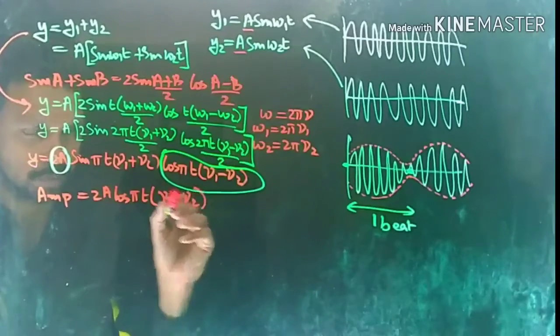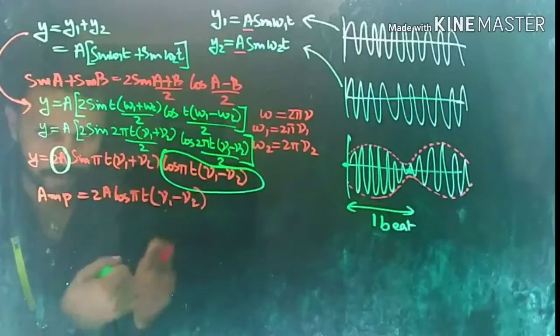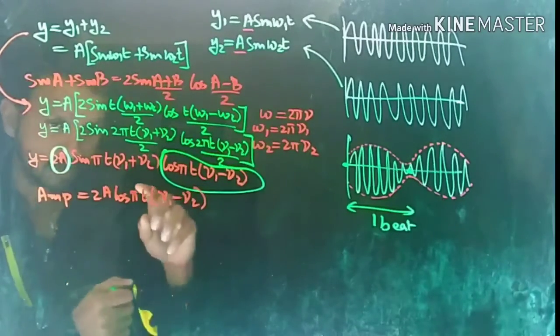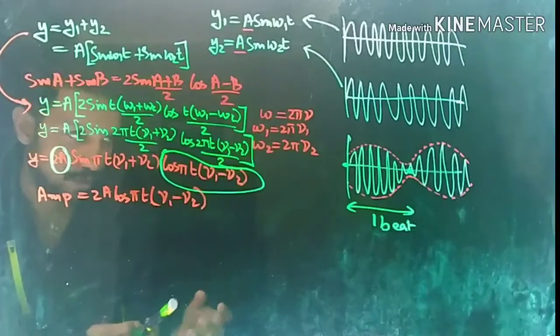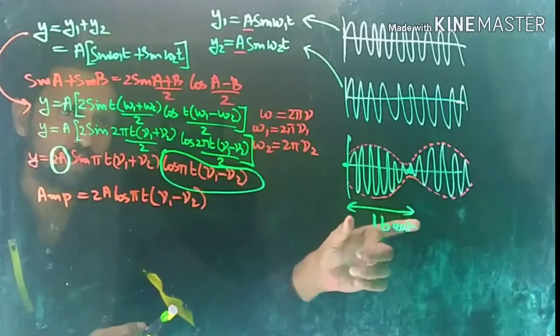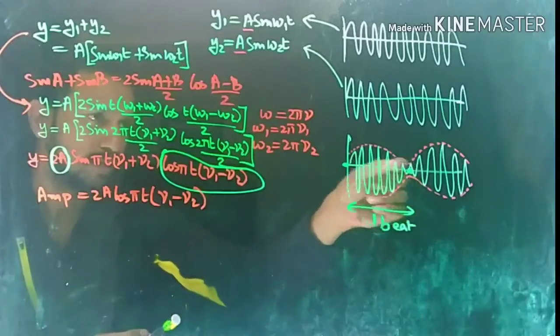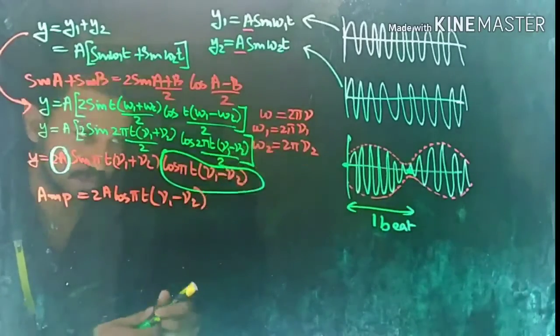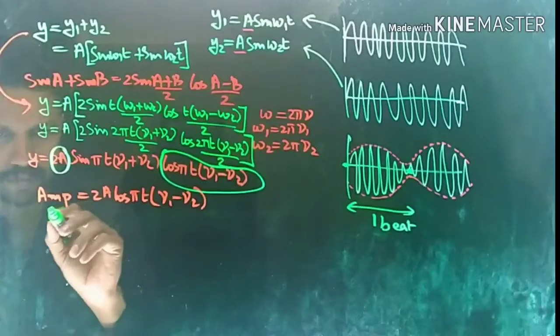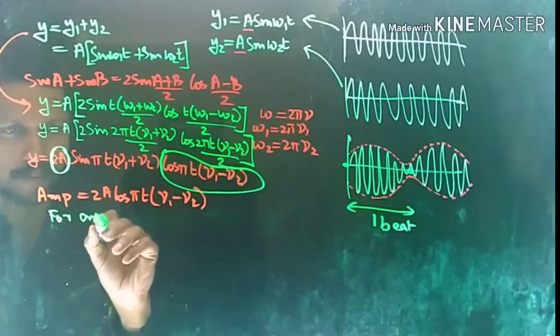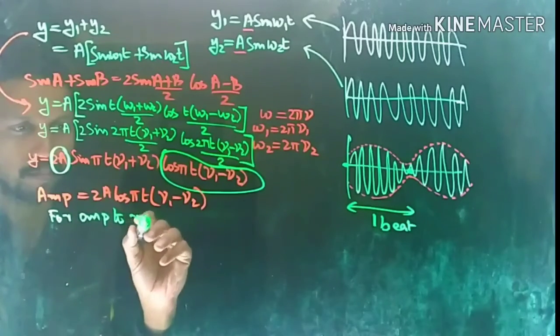This is the amplitude of the beat wave, and by this amplitude we can find the value of the beat frequency. For that, what is one beat? One beat is the distance between the two minimums. Therefore, for the amplitude to be minimum, we can say